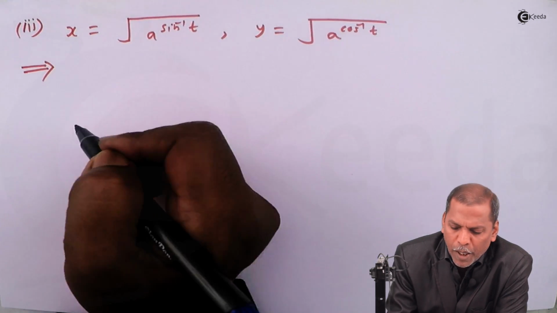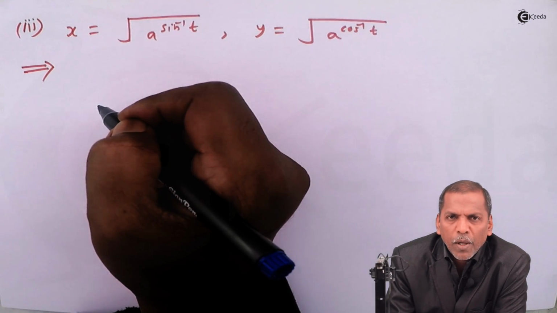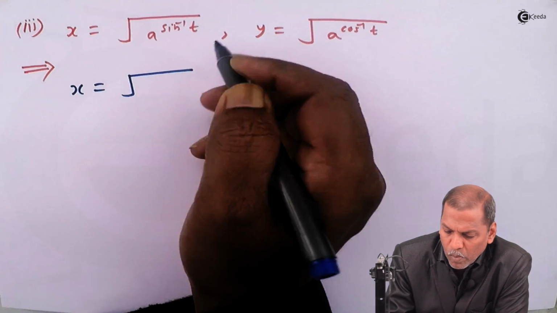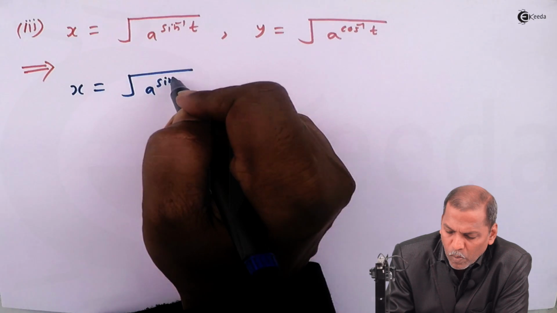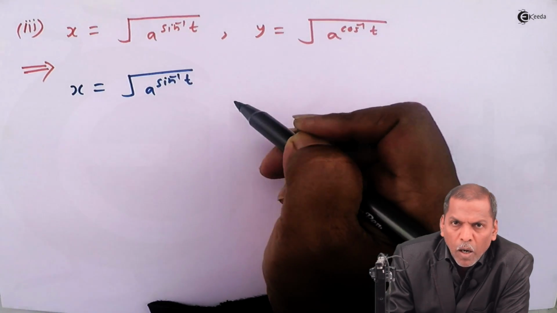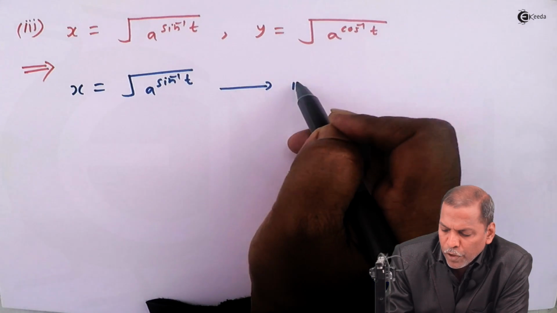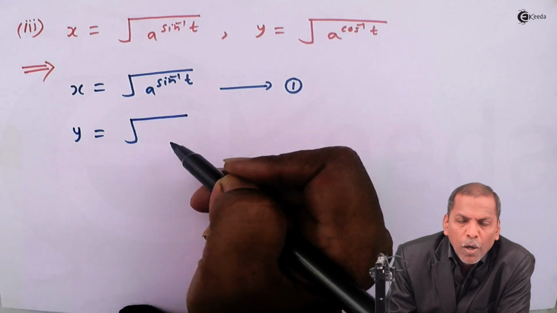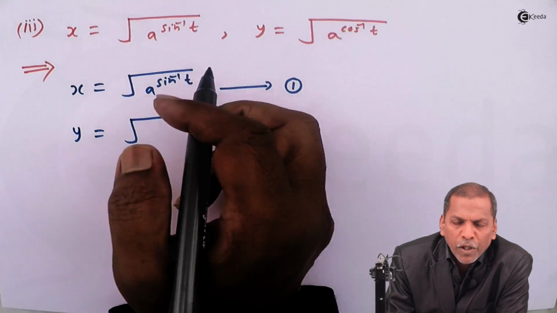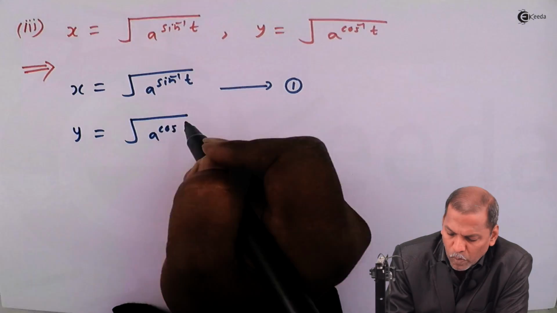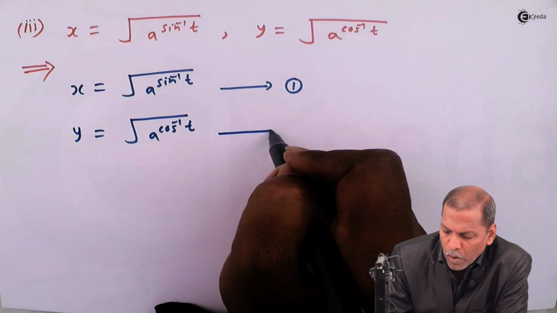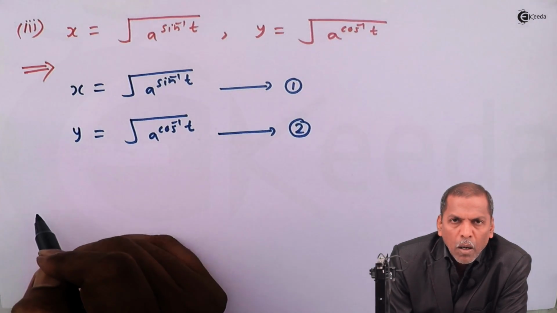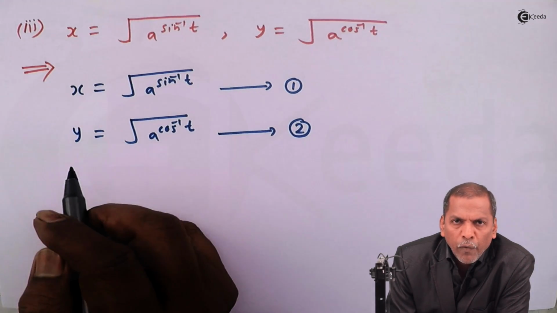First we start from x is equal to square root of a raised sine inverse t. Let us denote this as equation number 1. Then we write the second function, y is equal to square root of a raised cos inverse t. Let us denote this as equation number 2. Now multiplying equation 1 and 2, we get